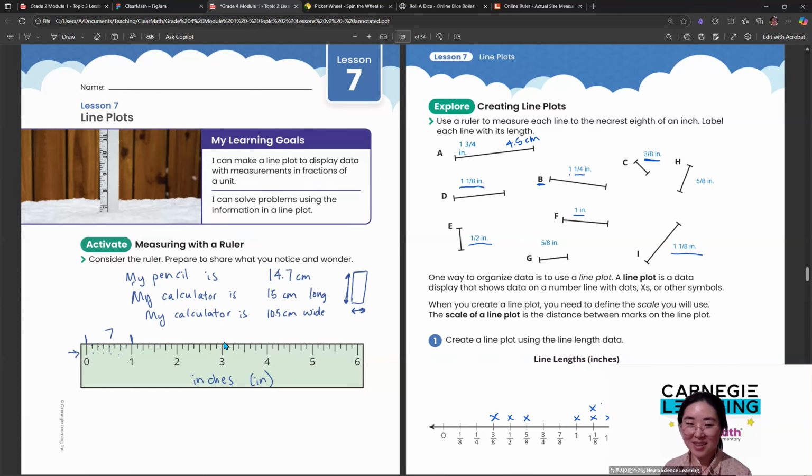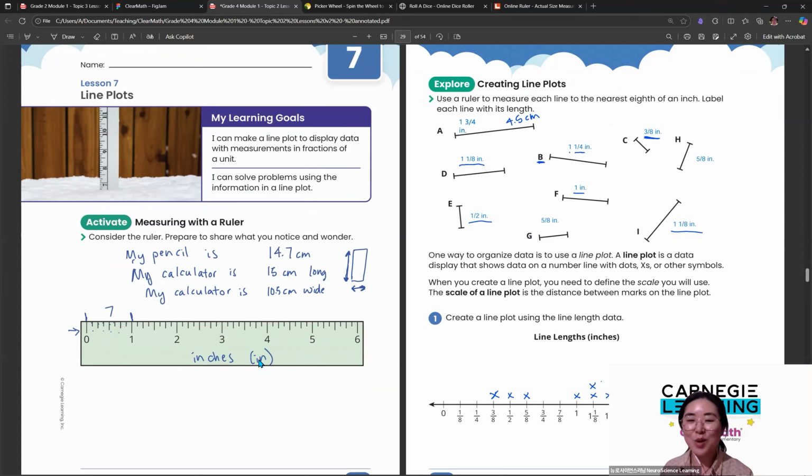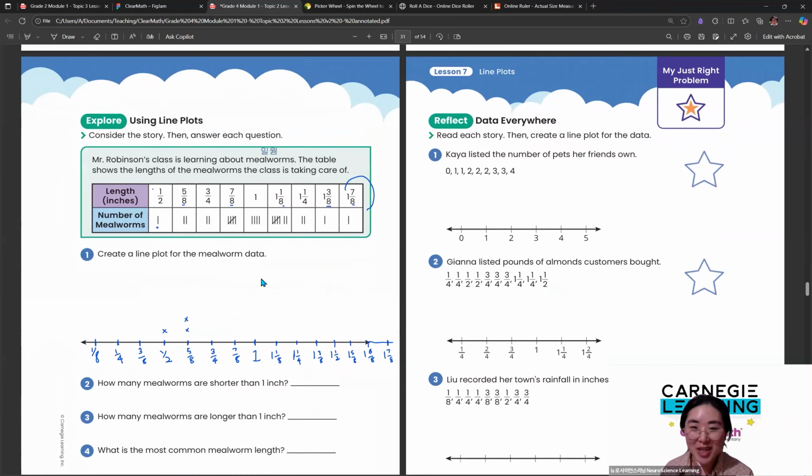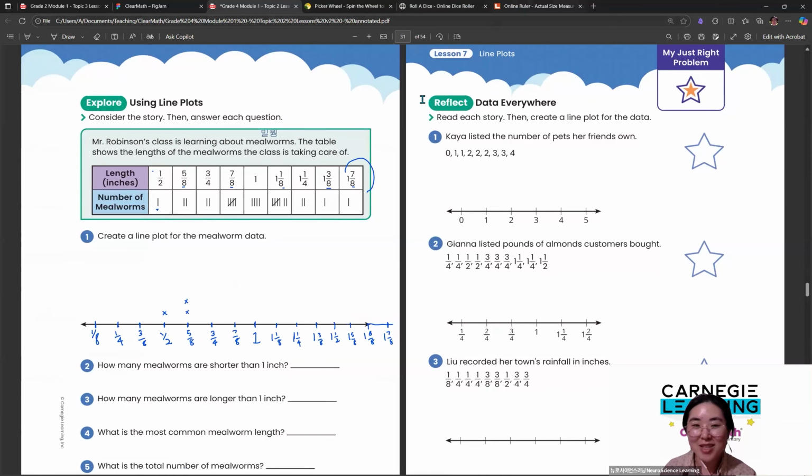What is inches? Inches is what people use in the USA to measure. So we use centimeters, millimeters, meters, but I use centimeters. Yeah, that's right. In America, they use inches,